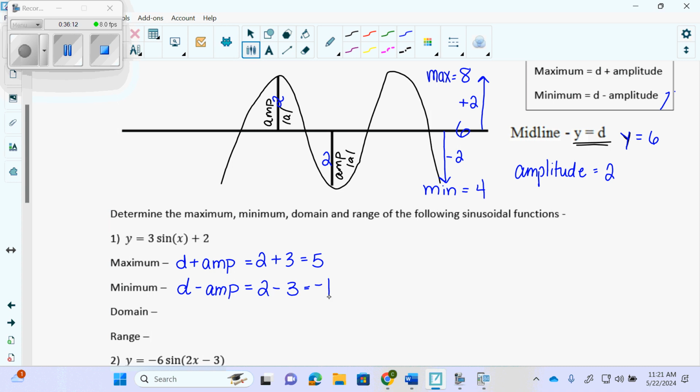Common error. So this is how I say it, I always pretend like you're speaking German when you're doing this. Like, das ist gut. Da, D plus amplitude, D minus amplitude. We're just going to German it up here. Da is good. It's our roots. Da. Do you know how many of you are not going to listen to this German thing that I'm telling you right now? And you're going to go A-D, you're going to do it the wrong way. It's going to be wrong, and I'm going to be sad, and I'm going to walk up to you and say, das is not good. That's what's going to happen. So, da,